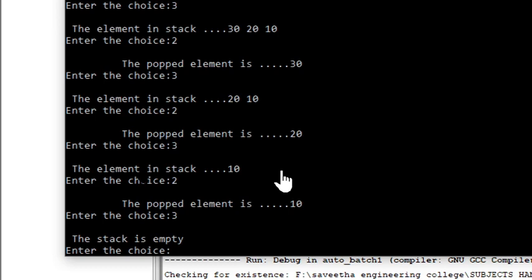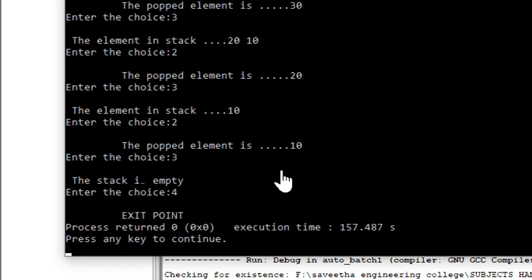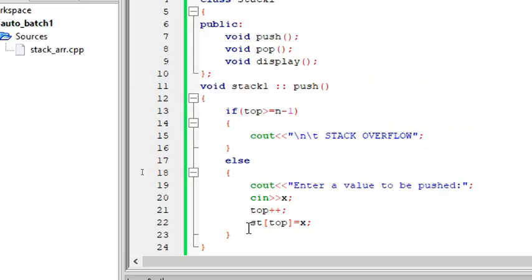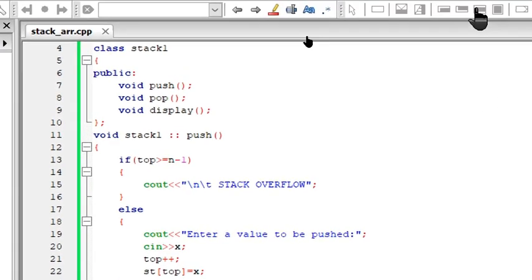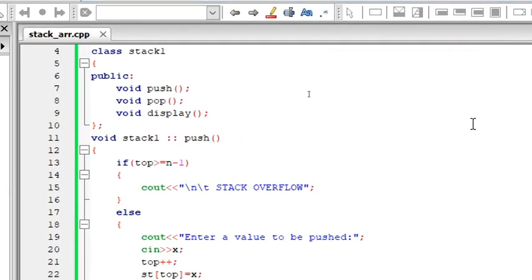Quite easy, isn't it? How to push and how to pop, and finally press 4 to exit. That's it. We come out of the command prompt. A very simple concept, stack. Always remember we use LIFO, last in first out logic. I used to say this example for all the batch students. The example which I mentioned is quite memorable for all the students.